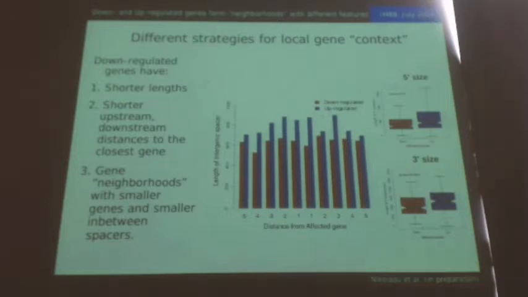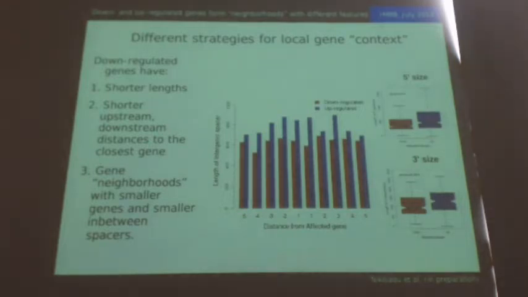More importantly, if one looks now at the clusters, what happens to the clusters? Here, what we see is the size of the spacer between consecutive genes that belong to down or upregulated clusters. And what you immediately see is that upregulated genes have wider spacers in between them. If you look at a cluster of upregulated genes, the spacing between the genes would be wider compared to the space between a cluster of downregulated genes, and this is also true for both upstream of the transcription start site and downstream of the transcription